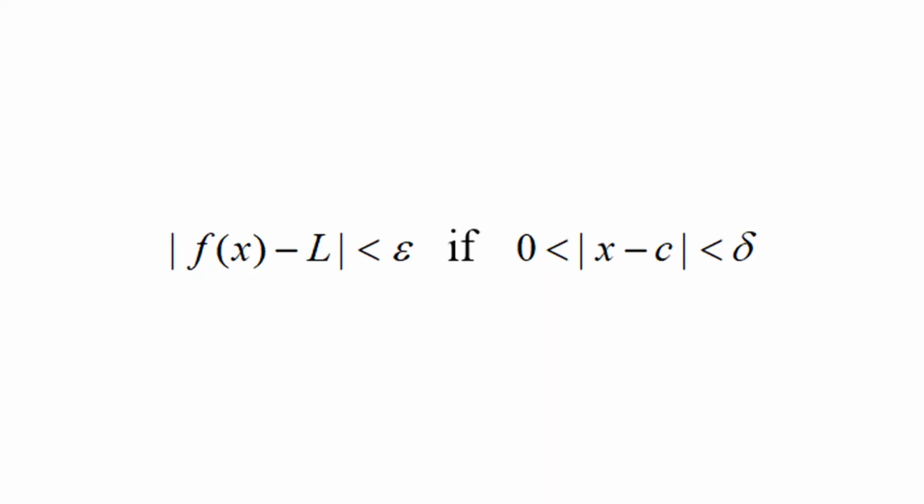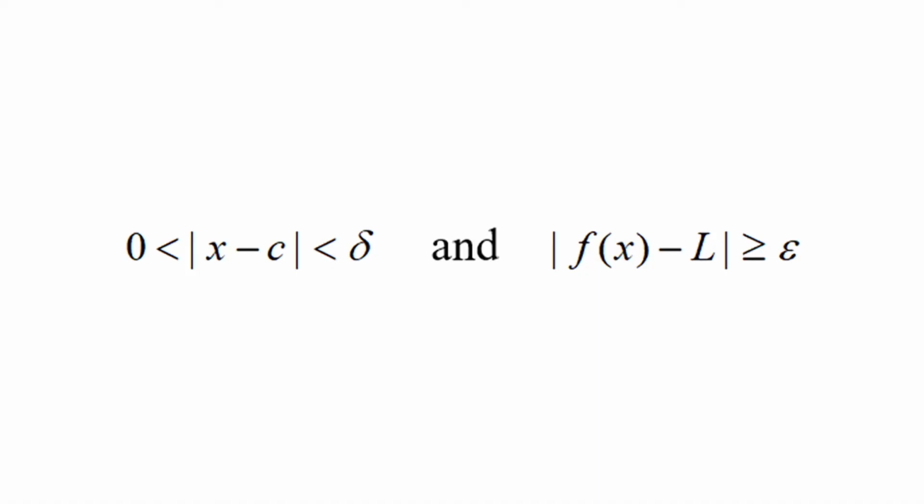How can we prove that a given number L is not the limit of a function f(x) as x approaches c? By the delta epsilon game, in order to show that the limit of f(x) as x approaches c is not equal to L, player B must provide an epsilon greater than 0 such that player A cannot give delta greater than 0 such that |f(x) - L| < epsilon if 0 < |x - c| < delta.